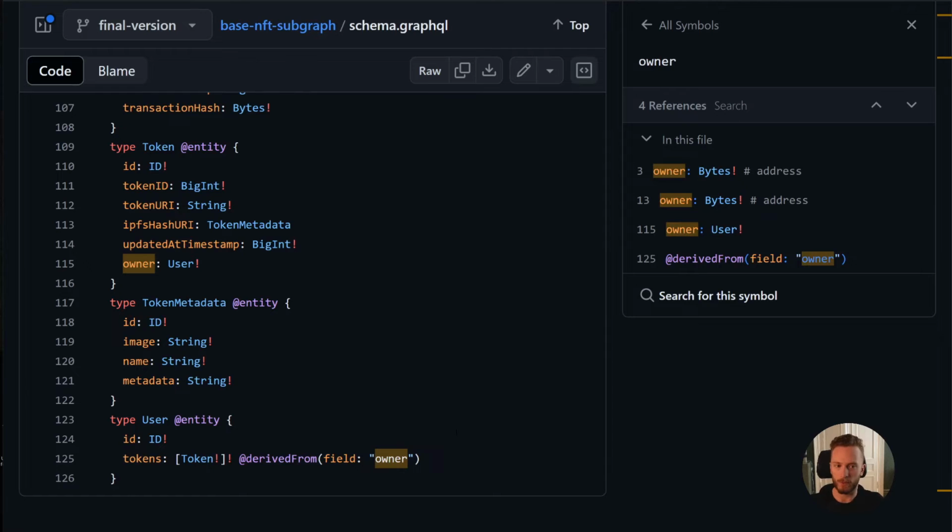Let me zoom in a bit more. Here we go. Yeah, we can take this one since we refer to it. The user just has a unique identifier and then an array of tokens that they own. And you can see that this is derived from a field owner. So this refers back to the token entity. So this is some of the graph magic, some subgraph magic, where this will automatically populate this array based on the